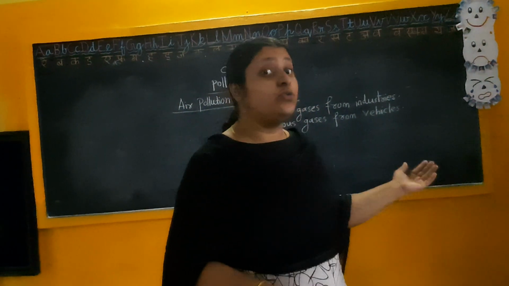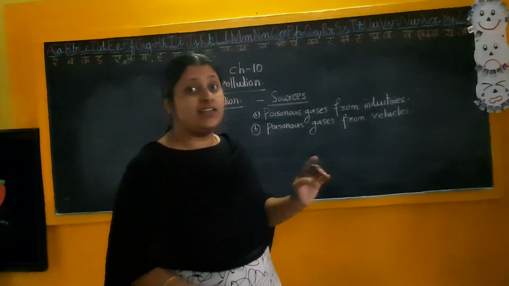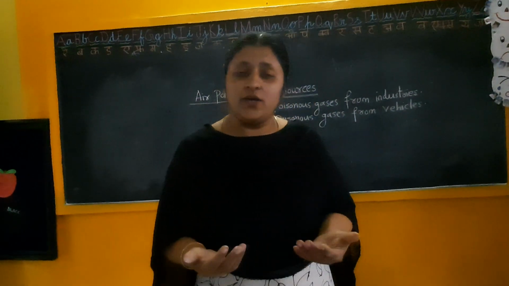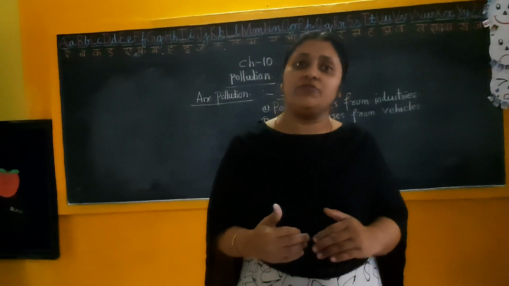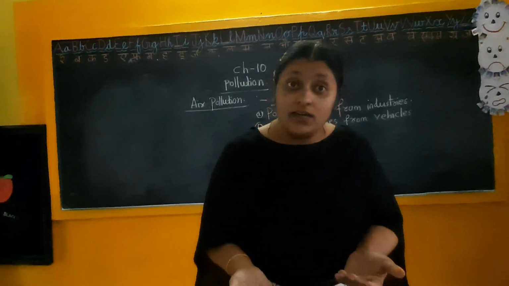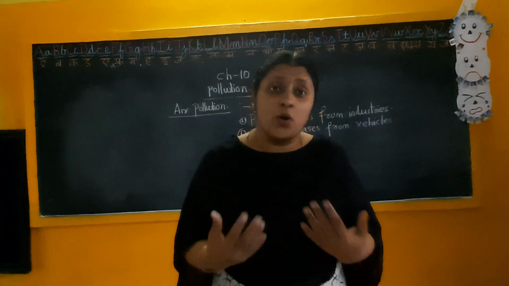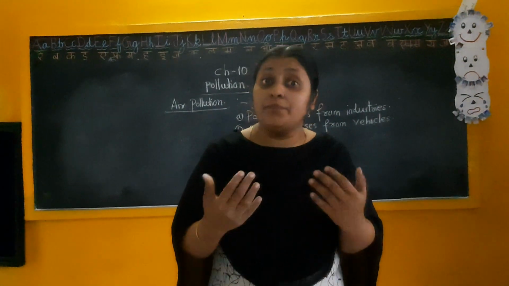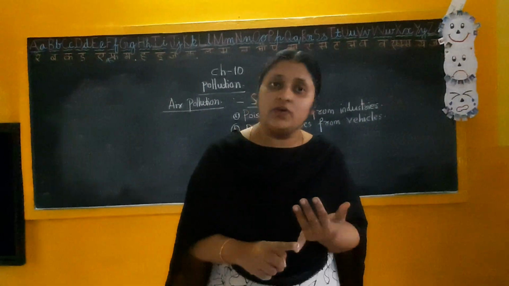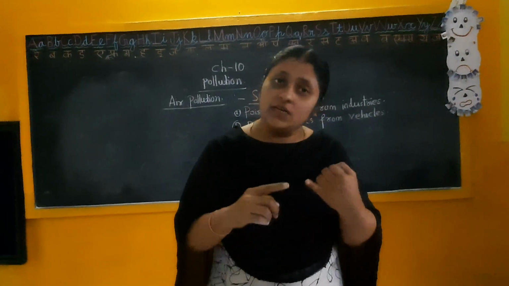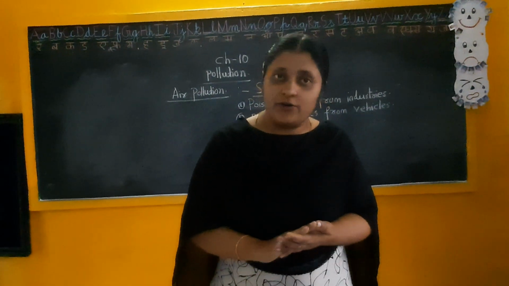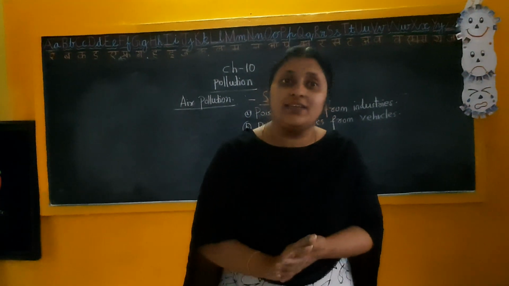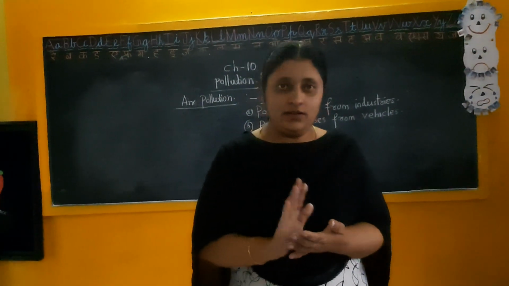Okay, so the second source of air pollution is poisonous gases from vehicles. Carbon monoxide, sulfur dioxide, these kinds of gases are released from these vehicles. The after effect is that we will get asthma, bronchitis, these kinds of diseases. And what are the preventive methods? We can use CNG, compressed natural gas, instead of petrol and diesel, and then proper vehicular tests. Pollution tests must be there in every city and town.